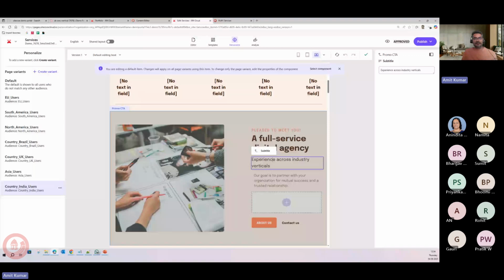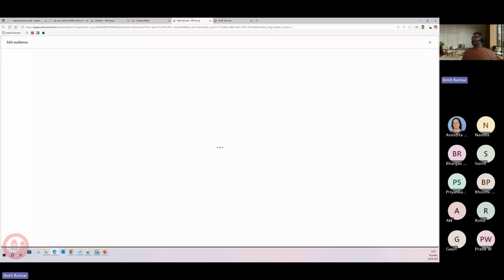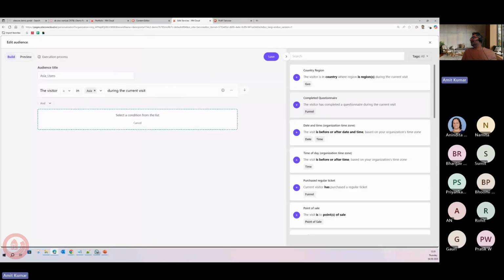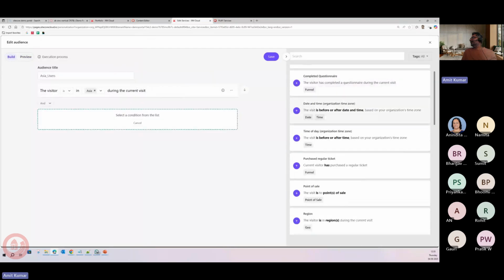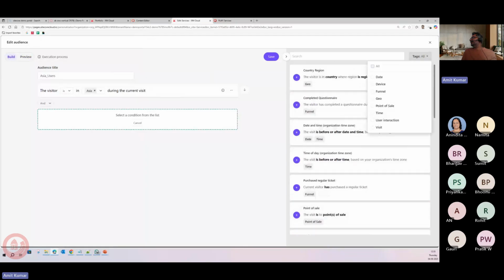Suppose I have created a condition, how did I create it? You can click on create page variant and give the name. Once you do that, it will open a canvas for you where you can add the condition. This is the preview of how your condition will look. When you click on add condition, it will open a set of conditions, and from there you can